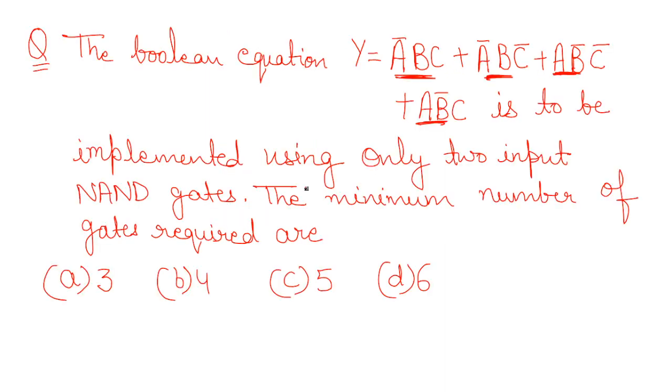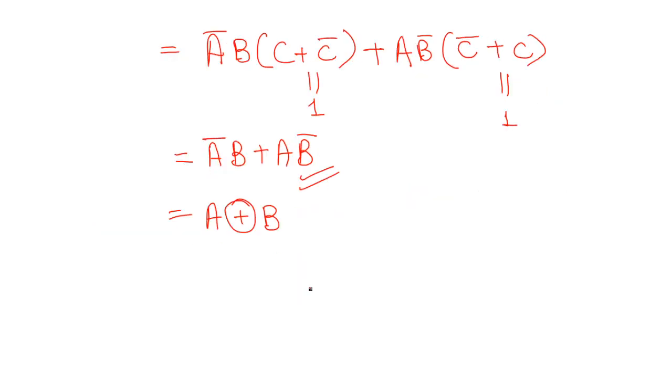Another approach of simplification you can consider will be K-map. Now what will be the steps you will take to simplify it by using the K-map? First of all, how many variables are involved here? Two variables a and b. So how many variable K-map do you have to consider? Two variable K-map. So here I have taken a and b. How many possible values can a have? 0 and 1, b 0 and 1.